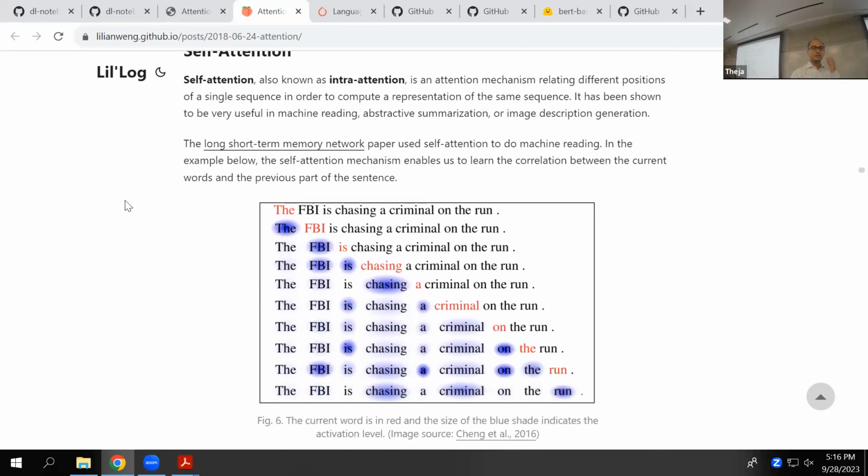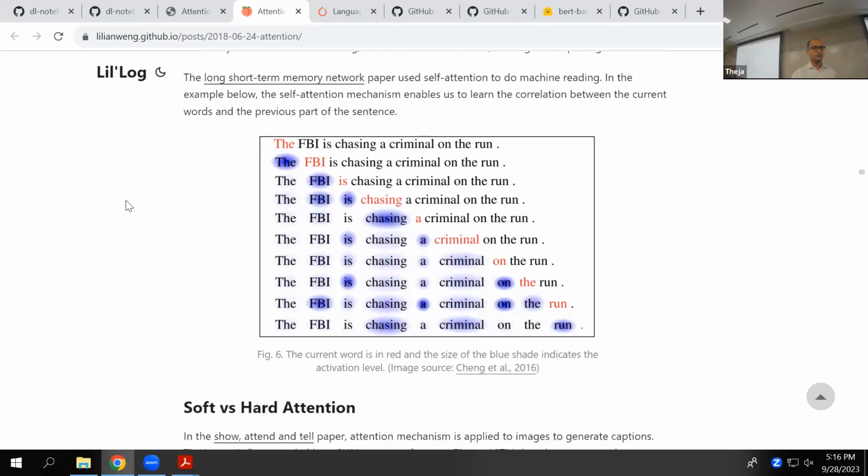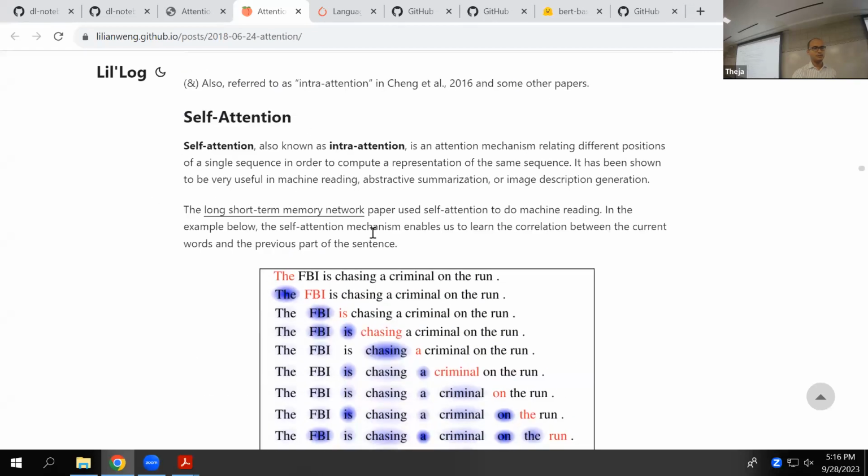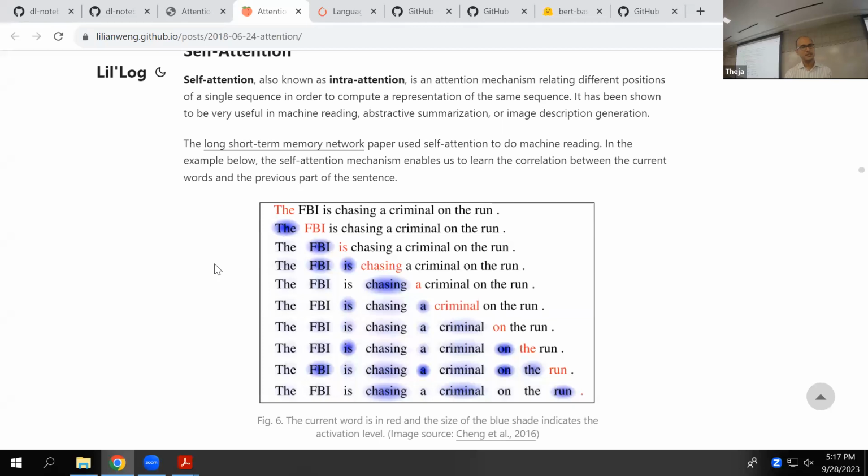self-attention. Okay, it's almost the same idea, right? It was literally, instead of a decoder focusing on, while decoding for one word, which hidden vector to focus on, here, for every word, we want to say, okay, what other words influence its representation on the encoder side. Okay, so self-attention here,